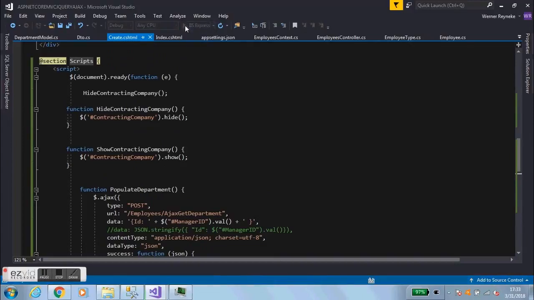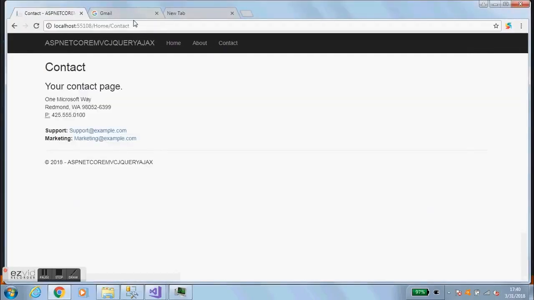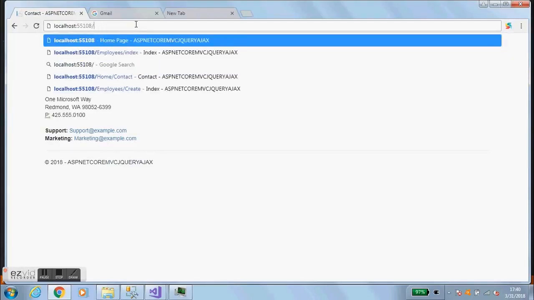Click on play or run, and it's going to fire up. Usually, it's going to fire up your internet browser, whether it be IE or Chrome. It's running it via IIS Express, which automatically comes with Visual Studio. So let's just fire it up. Okay, so let's just click on our contact link there. Okay, this is working. So let's type in the URL here,